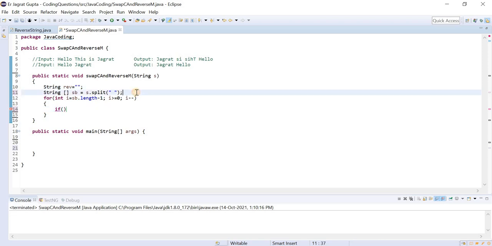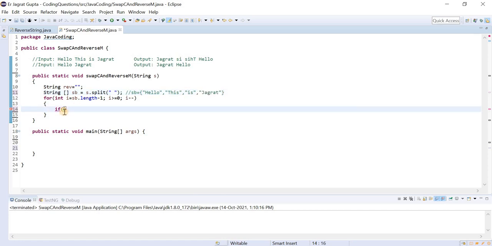Now here I will apply the if condition. Let me first tell you what the output would be for this. sb is equal to hello, and this is Jack, like this. This would be the output for this, so we need to apply the for loop from here.